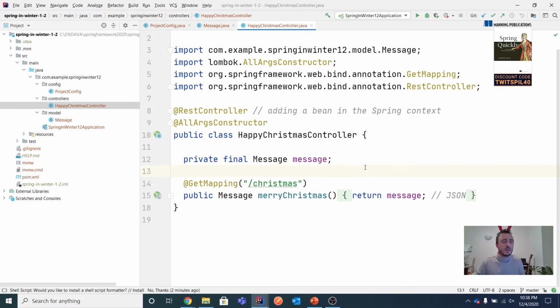You can create the no-args constructor as well if you would just add the no-args constructor, but be careful that Spring knows to use the dependency injection auto wiring only when you have one constructor in the class. So you shouldn't add more than one constructor. So that's why you have to decide on which is the annotation you'd like to use for your bean. But you see, I've managed to get rid of the constructor,